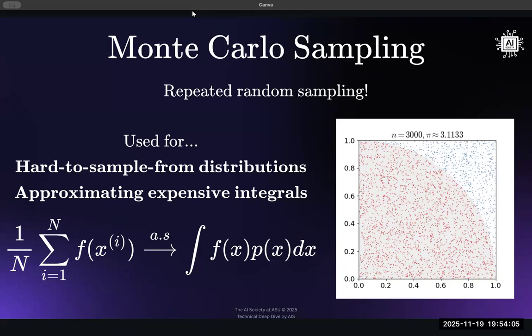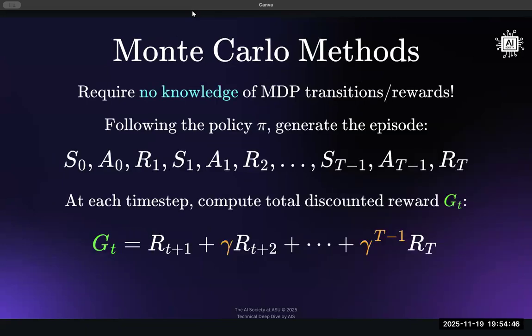As we see, 1 over n is the standard notation over n samples. If we want to do 3,000 samples, 100,000 samples, then we take 1 over 3,000, and sum all the function evaluations for each point. As we increase n to 100,000, a million, we're going to ultimately converge to whatever we're converging to, like the integral right there. But it's very important to know. So, Monte Carlo methods.